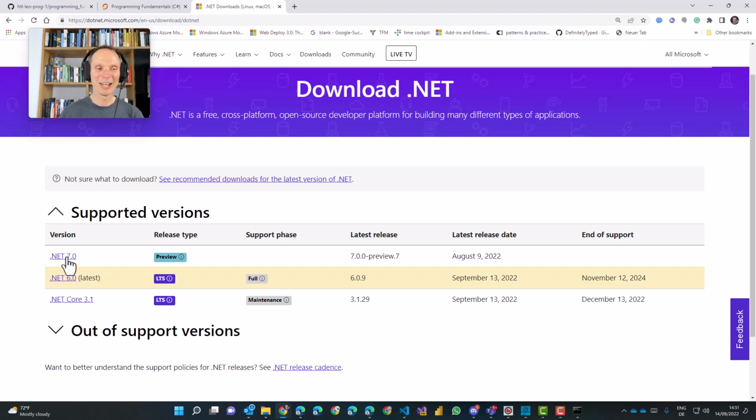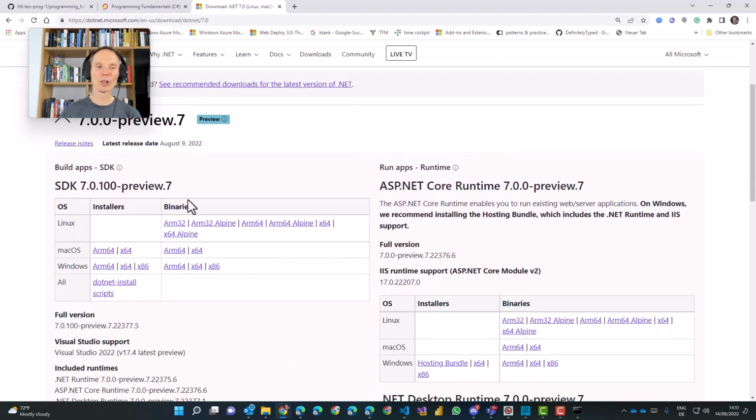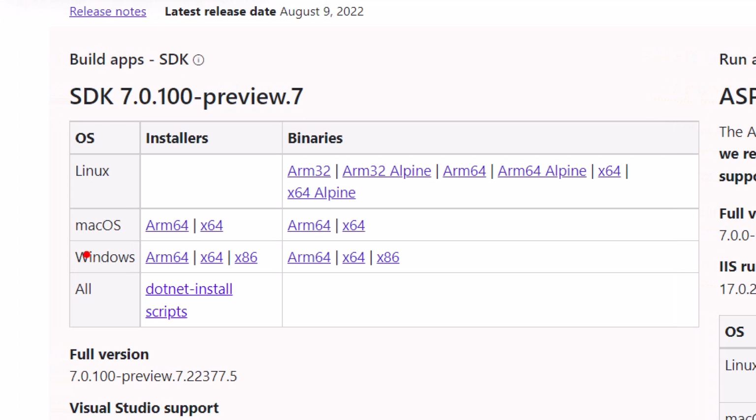Okay, so if you want to follow me and if you are brave and want to use the preview version, just click here on .NET 7, and that will give you a lot of options for what you can install. And I think, as far as I know, most of you have Windows PCs, and therefore this is relevant for you. Inside of Windows, it depends on your concrete computer which version you want to take.